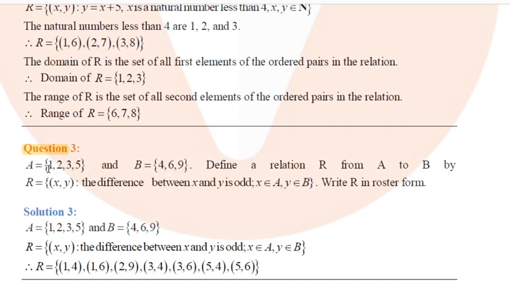See here. First we choose 1: (1, 4), (1, 6). Then the next odd number, 3: (3, 4), (3, 6). Then 5: (5, 4), (5, 6). Now the odd element here is 9, and you choose even with it: (9, 2), meaning (2, 9). So these are the possible elements whose difference is odd. See, 1 minus 4 gives 3, 6 minus 1 gives 5, which is an odd number. In this way you have to write it.